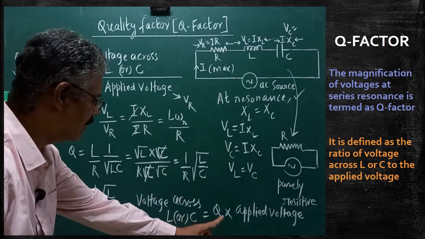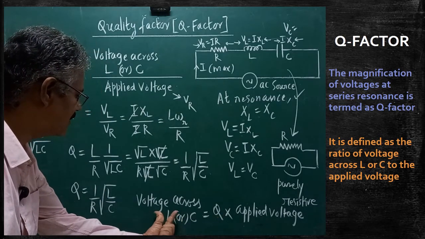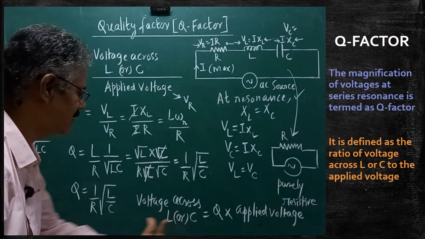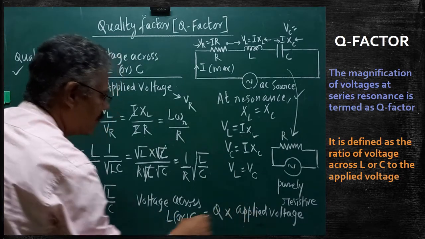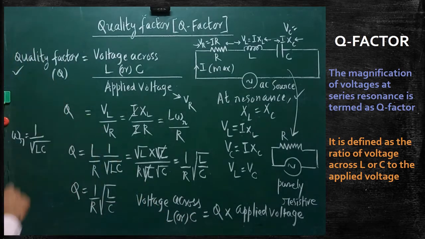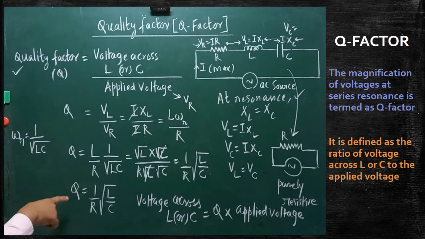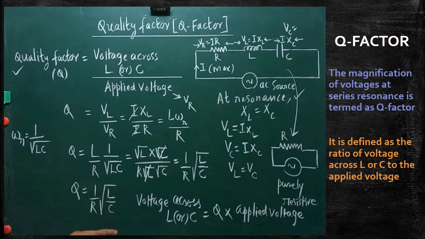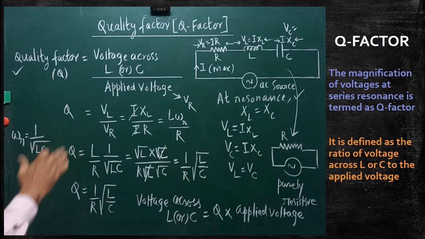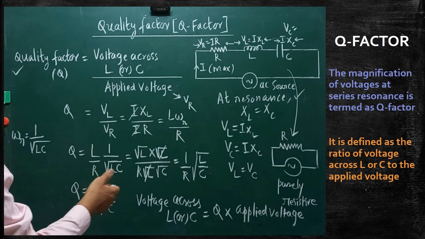This Q helps you to measure the magnification that takes place in the voltage across L or C. Q times of which one? Applied voltage. For that purpose alone, this Q is found out. Understood? So very important formula. Using this, a problem will be asked; after finding the Q value, that value is to be written without any unit. Are you clear? So a very interesting one may also be asked in 2 marks. The definition, derivation, everything may be asked in 2 marks or in 3 marks. Okay.